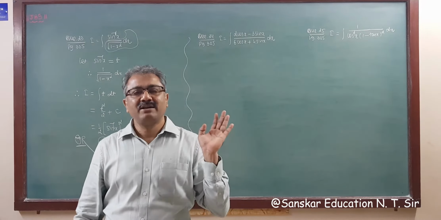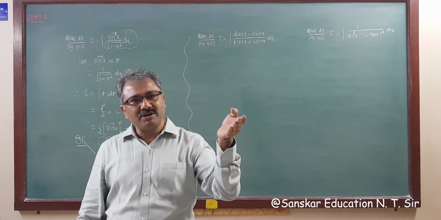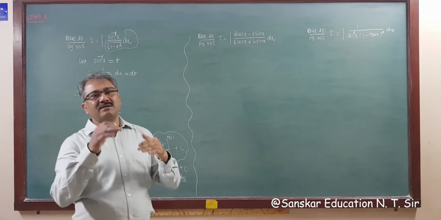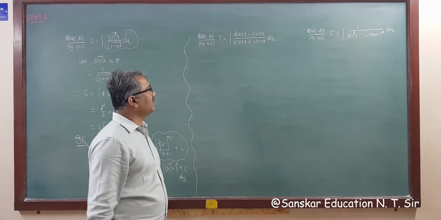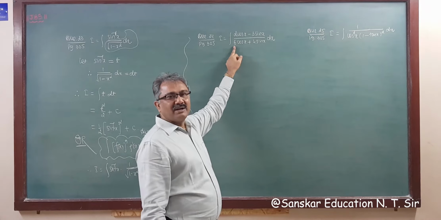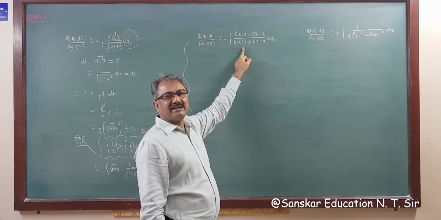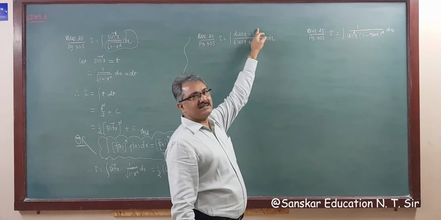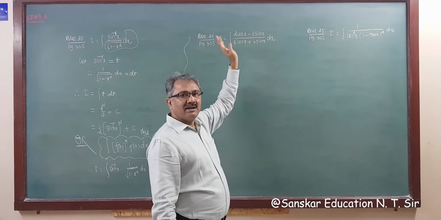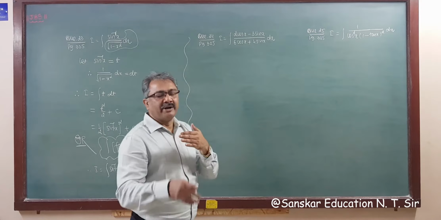First check if the derivative of the denominator is in the numerator. If possible then do it, otherwise adjust the denominator in the numerator, right? So check: the derivative of cos x is minus sin x. Is minus sin x there? Yes. And the derivative of sin x is cos x. Is cos there? Yes. Now the coefficients are different,